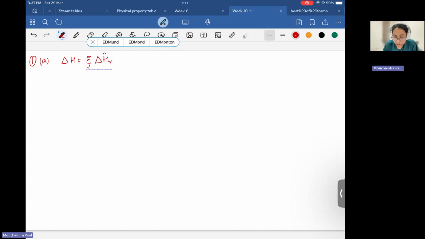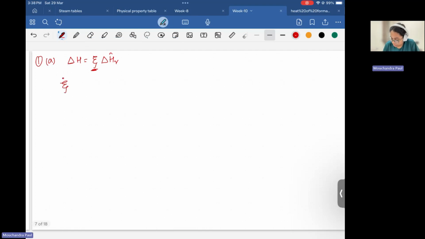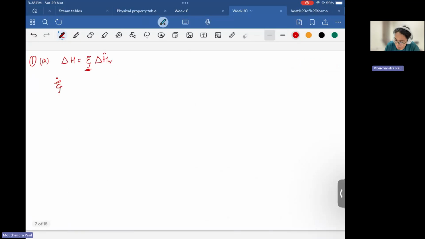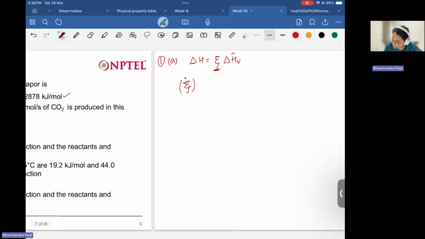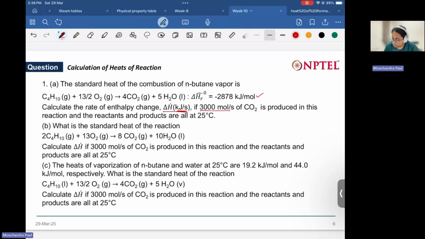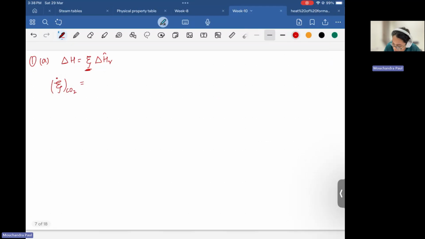All right. So first we have to calculate the extent of the reaction. Since it is given as rate per second, the unit will be moles per second. So extent of the reaction in terms of CO2,